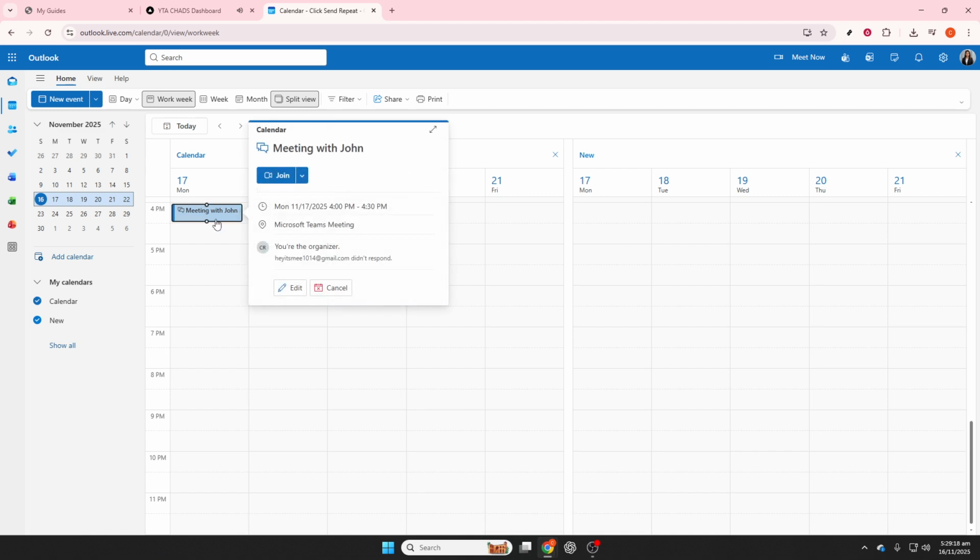Outlook will email the invite to everyone, place the event on your calendar, and track responses as people accept, decline, or mark tentative. If you need to make changes afterward, open the event from your calendar, update